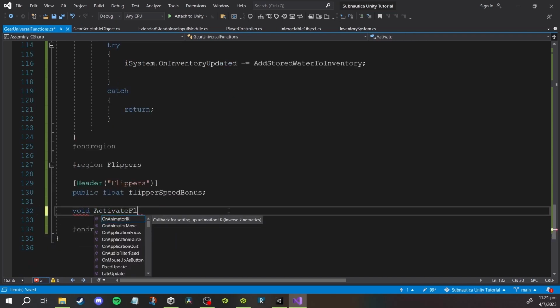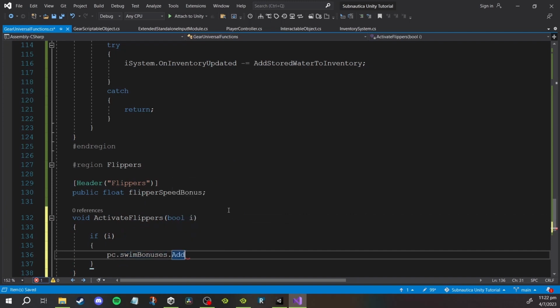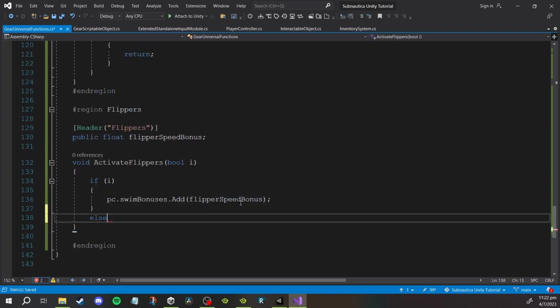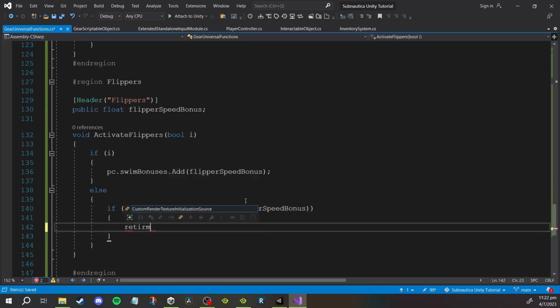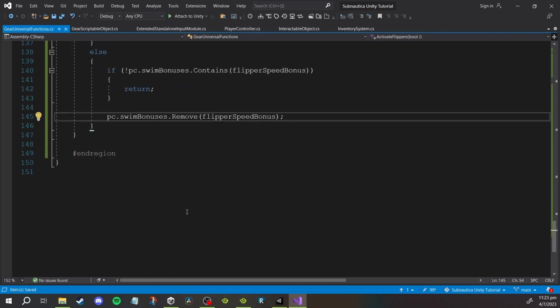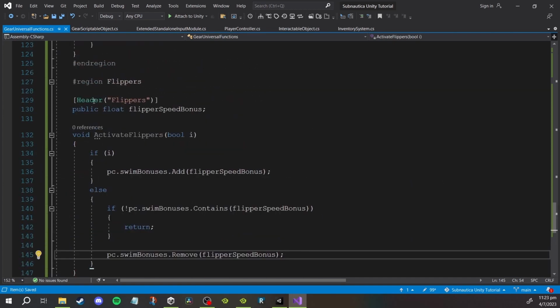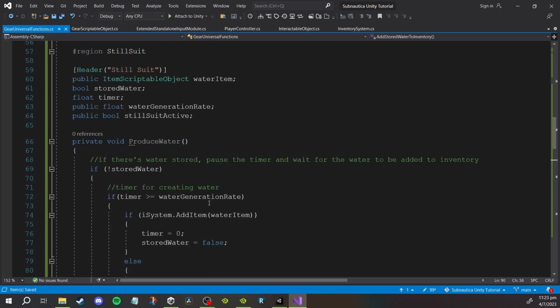Then I can create a function activate flippers. And then if we are actually removing the bonus, we have to check if the swim bonuses contains the flipper speed bonus. And if it does, we remove the flipper speed bonus. Now that we've created the functions for both flippers and for add stored water to inventory, we can add them